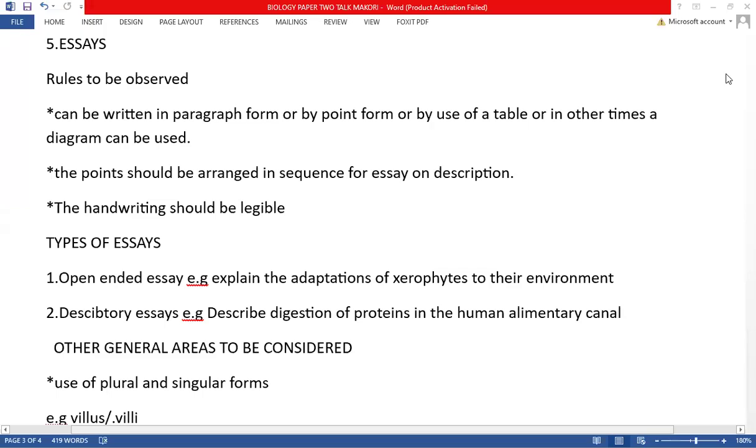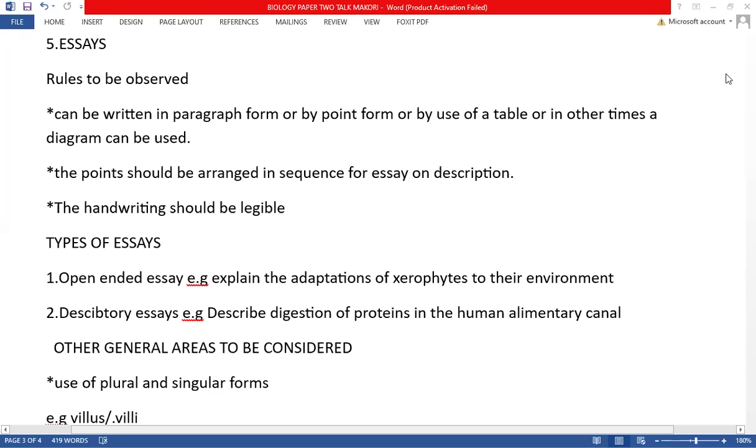Point or a certain explanation, you give it in a paragraph, then you move to another paragraph. It is acceptable. You can use a table format. You can use a table to write your essay. Like now, you have been given,